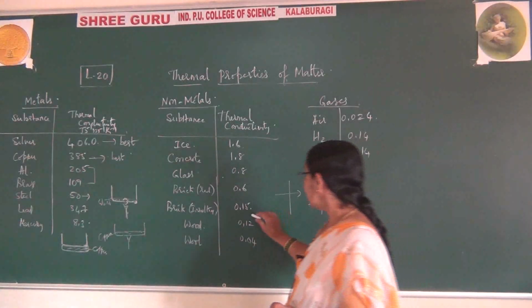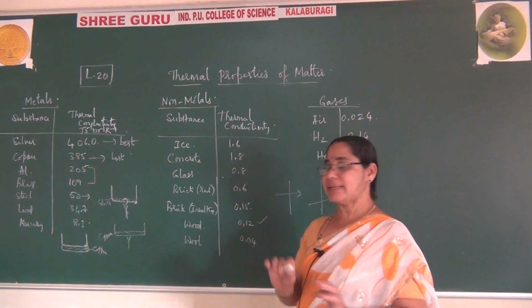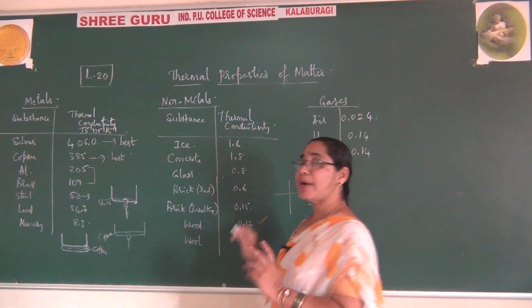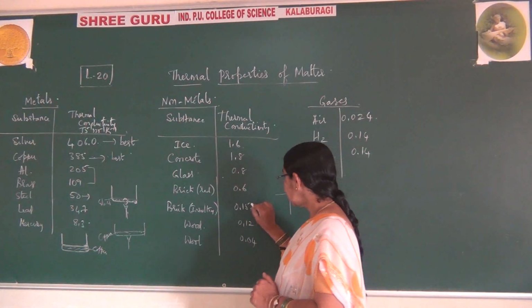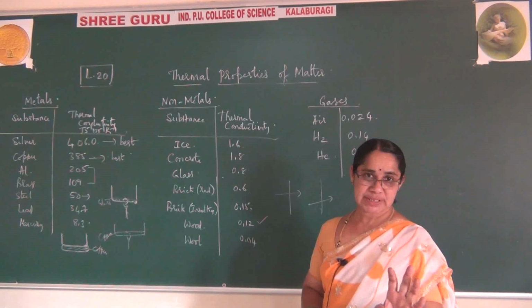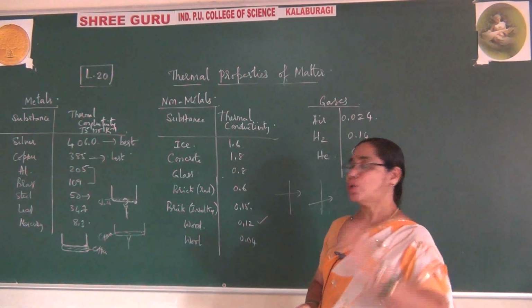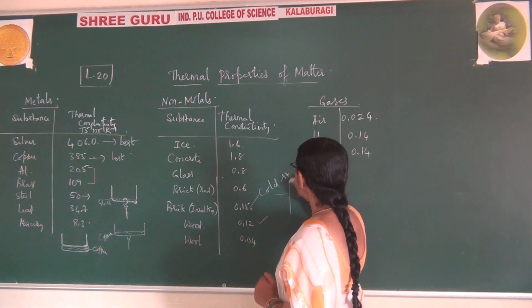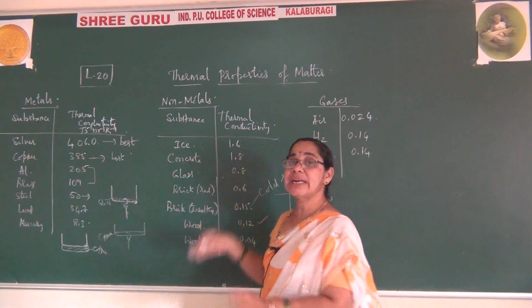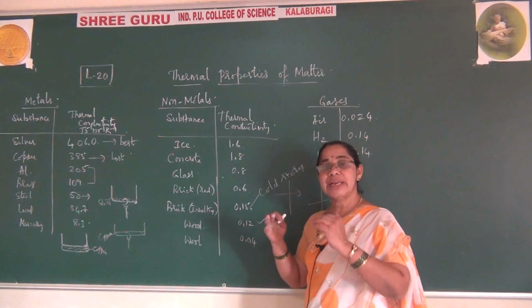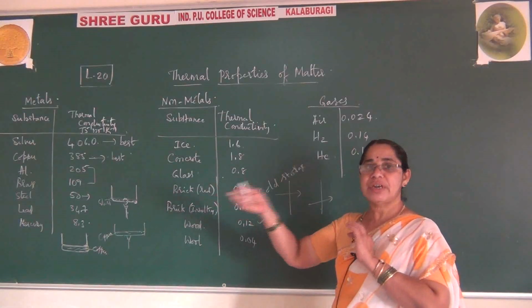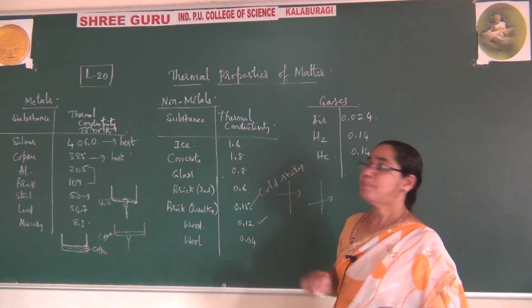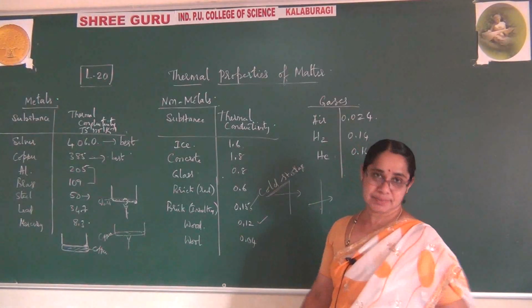The house which is constructed using bricks, which has thermal conductivity, for 1 second conducts only 0.15 joules of heat, due to which this is preferred to construct houses, particularly for cold storages, because the brick is a bad conductor of heat. It will never allow the heat to conduct into the house, or the heat which is inside the house will never go out of it, due to which houses constructed with bricks are preferably used for cold storages.